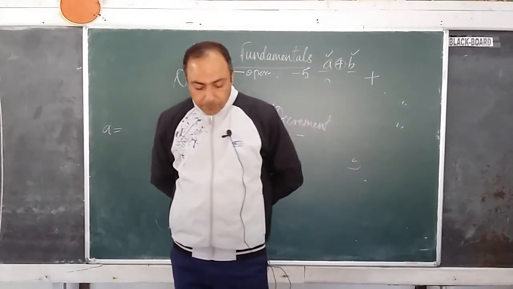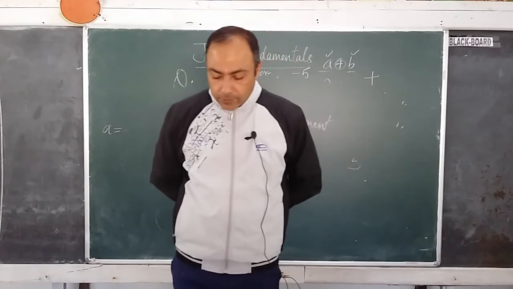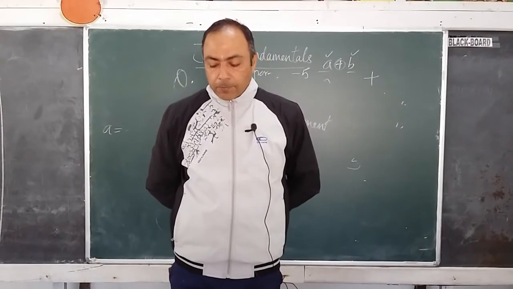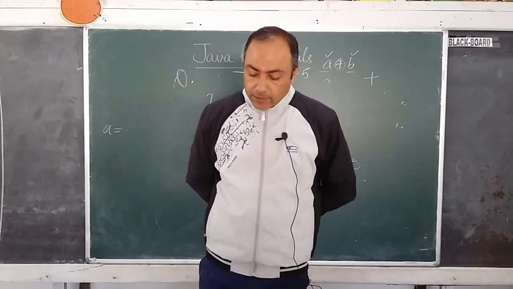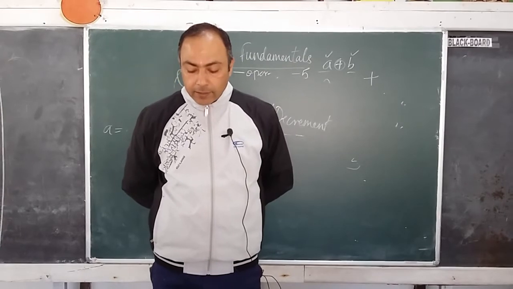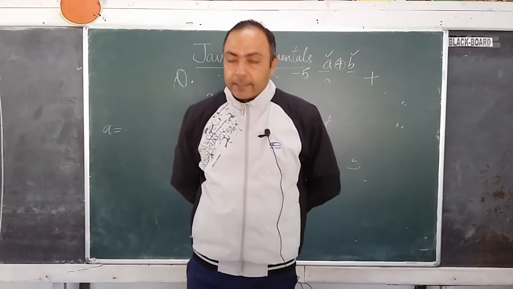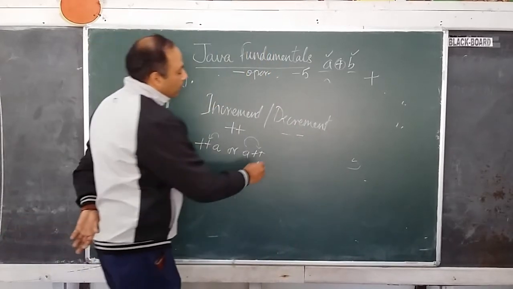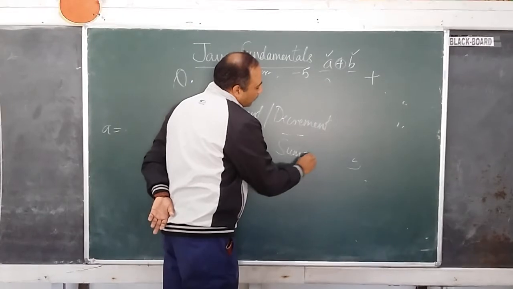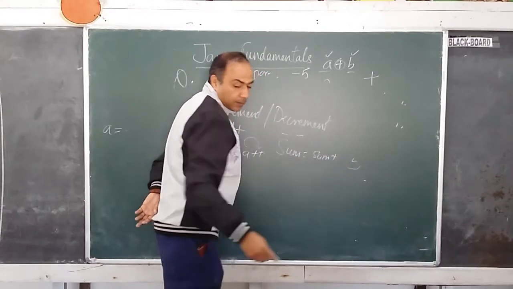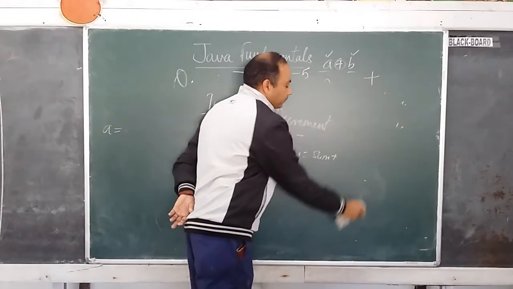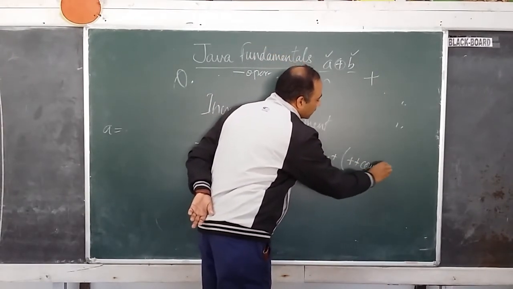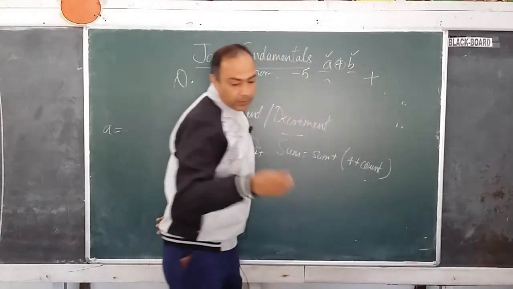Now let us see the working with the prefix version. So page 143. When an increment or decrement operator precedes its operand, it is called prefix. Java performs the increment or decrement operation before using the value of the operand. For example, suppose this is the expression: sum = sum + ++count. So count is the variable, and the operator is prefix, so it's written before.